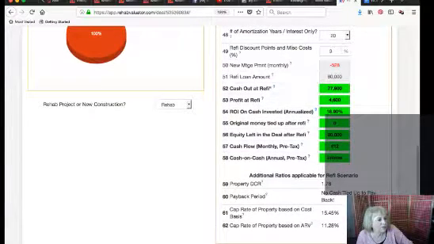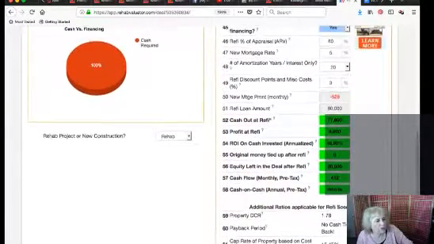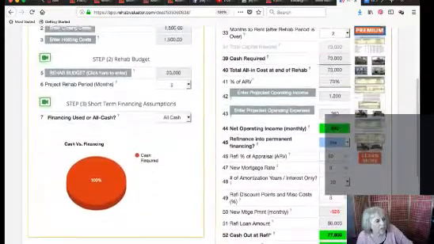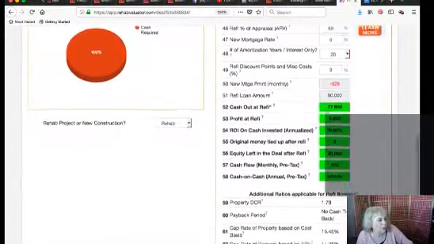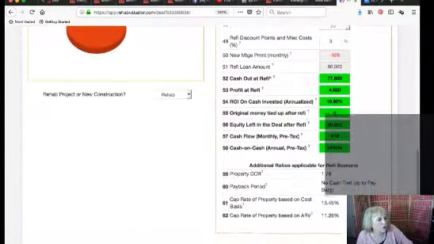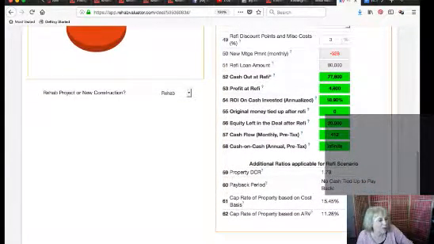You profit $4,600 because remember, it costs you $73,000 to actually get the rehab done. You bought it and you put in $20,000. I've done this many, many times on smaller rental houses. You get a small amount back, like $4,600,